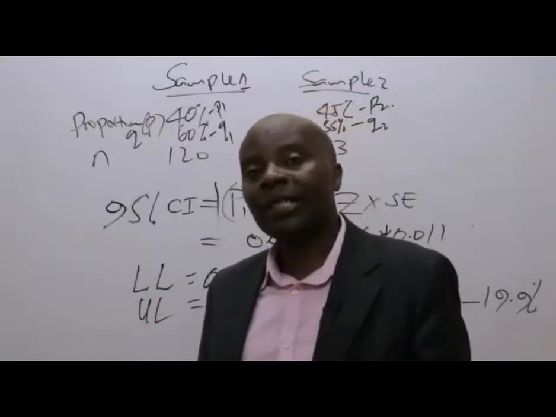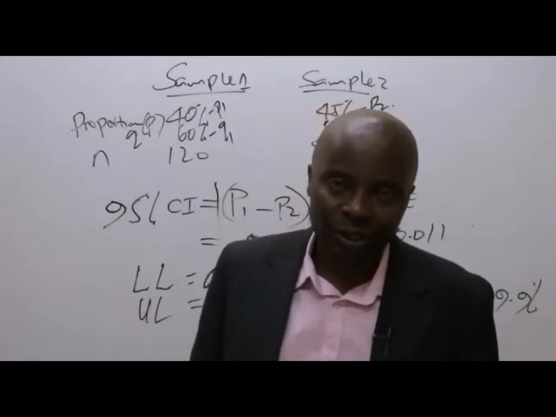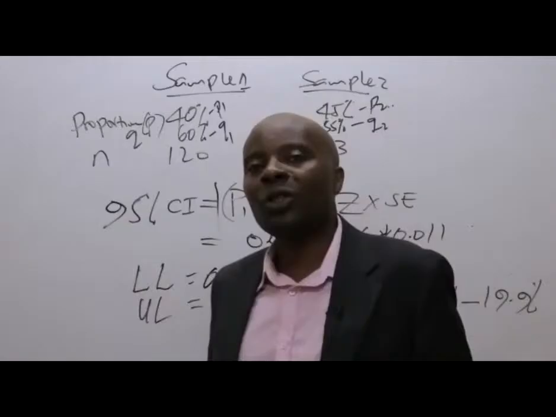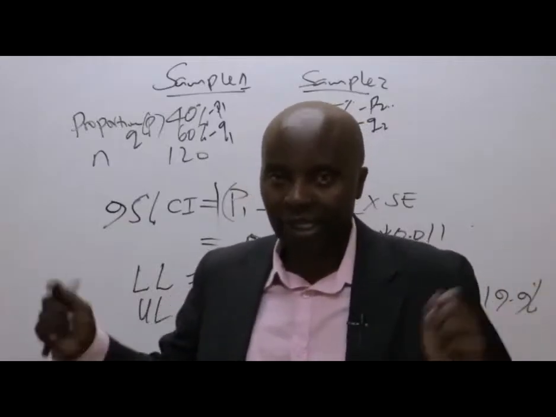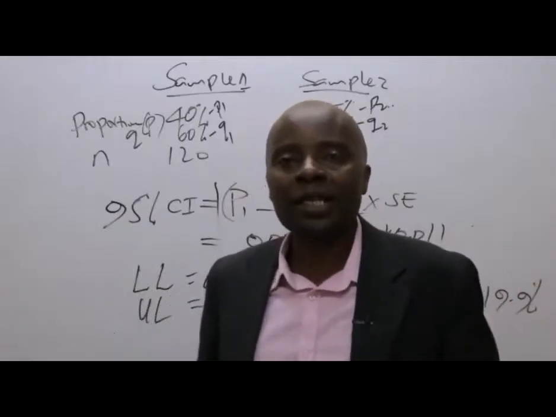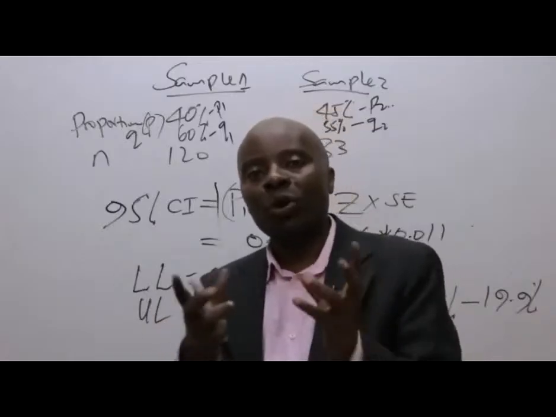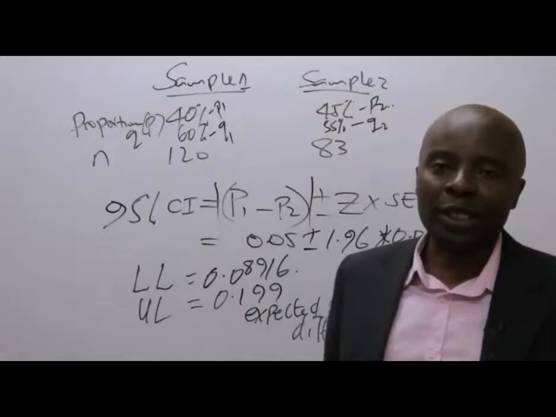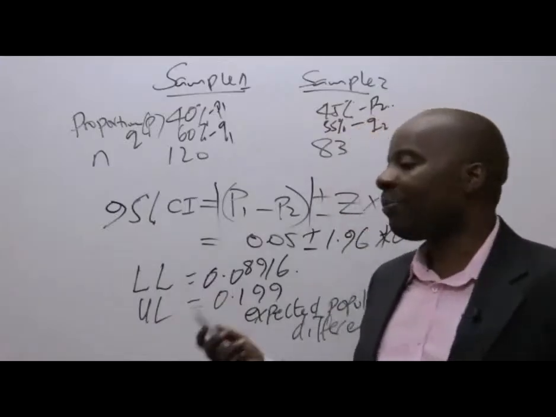The bigger the percentage, the more the errors. Because given that we are drawing the sample from Kenyans, we expect the sample differences to be closer to zero, and that is why when we go to hypothesis testing,